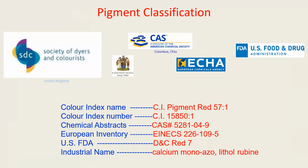Pigment classification. There are a lot of ways to talk pigments, if you will, and each person and their background will favor a different way of identifying the pigment for their needs. This dates back a lot of years ago